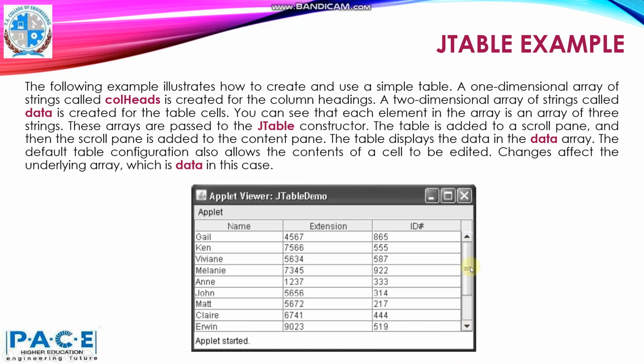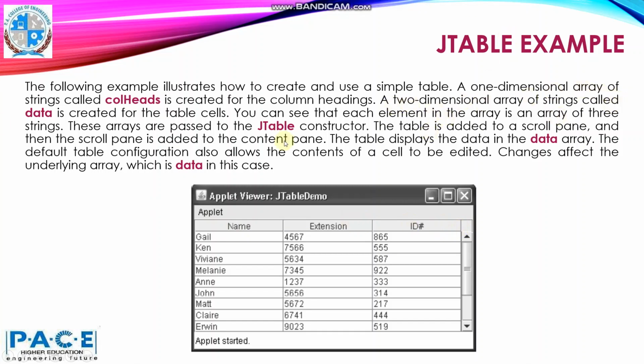The table is scrollable, and it has column headings: name, extension, ID number. So this column heads array will store name, extension, and ID number.